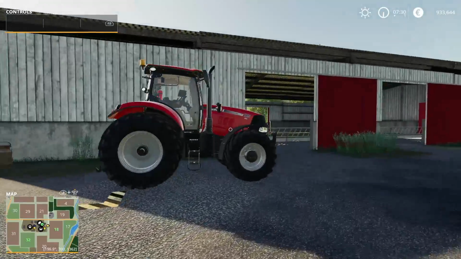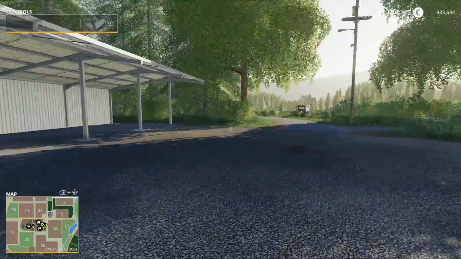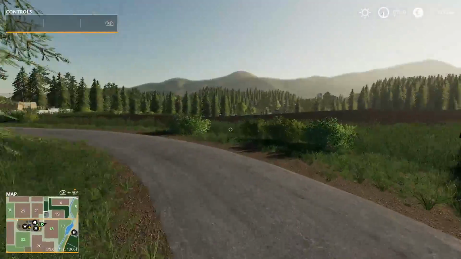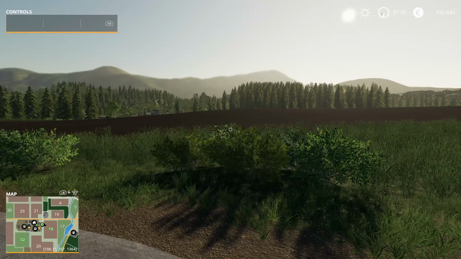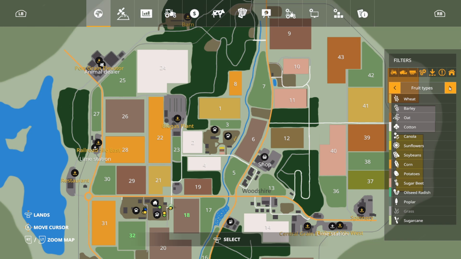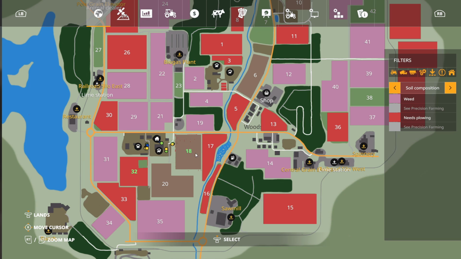I've been kind of waiting until all the YouTube heroes get all of their videos out before I did a video myself. So I've set up a field here, and if I go into here and we have a look at field 18, it is all cultivated, and as you can see, it doesn't need ploughing, so it is a plain field. Now, the first thing that we'll notice with precision farming, and we will get into this, is that the